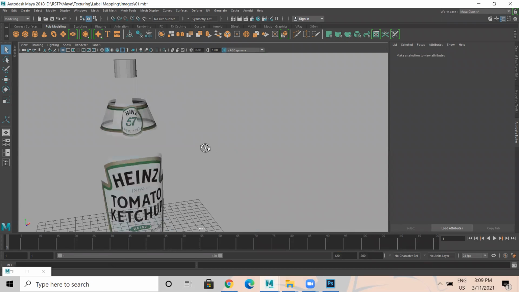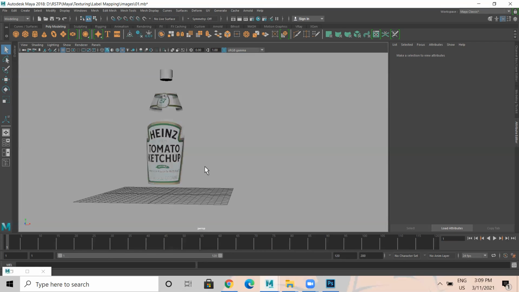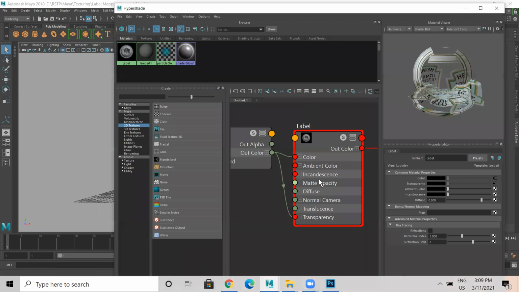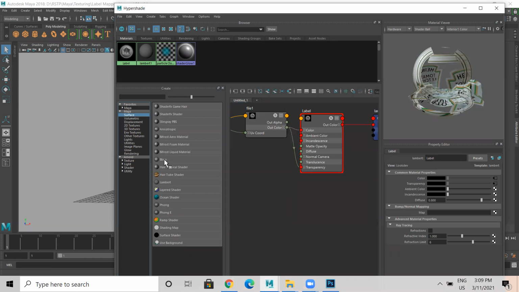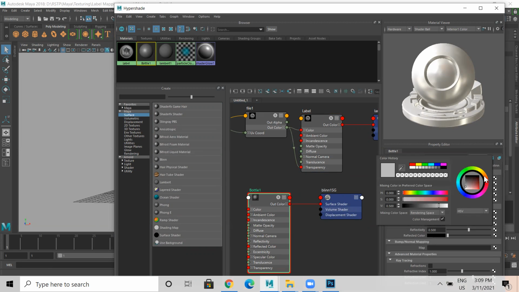Okay, right? Yes. So what do we have to do in the next step? The next step is, wherever there is transparency, I need bottle material, like a glass material. So I'll go to Hypershade and create a glass material. To create glass material, I'll go to Maya surface, take blend, and double click on this blend. This is the bottle material. The color of the blend, sauce, right? Anyhow, it is a sauce. It will be in red color like this.